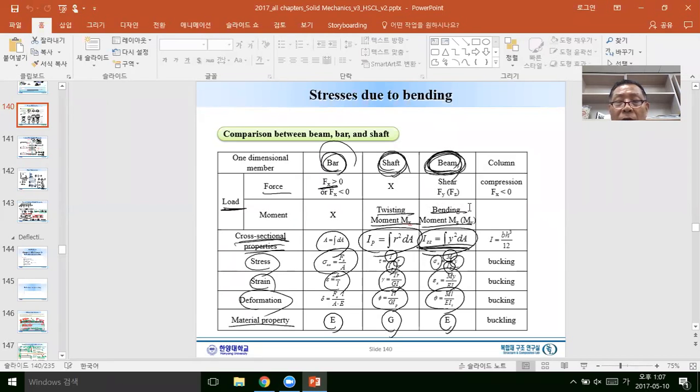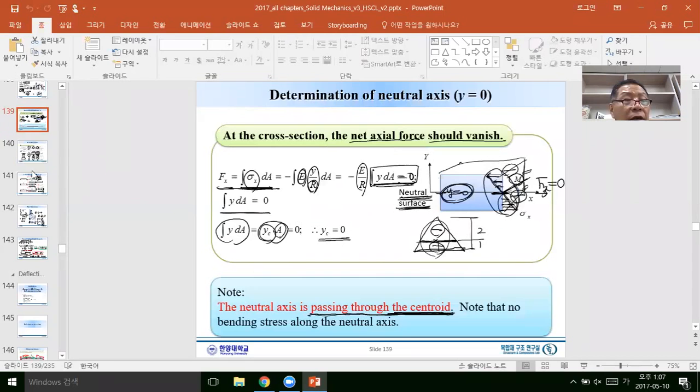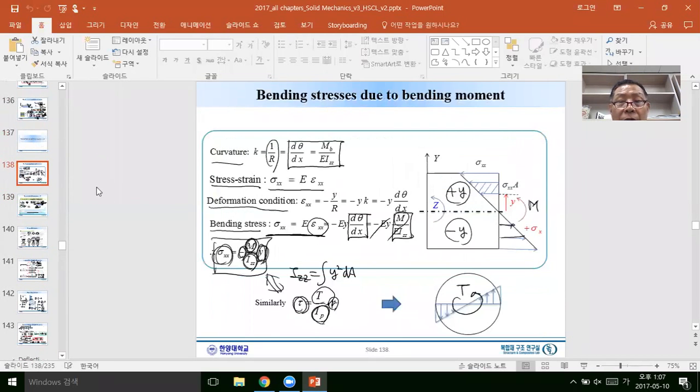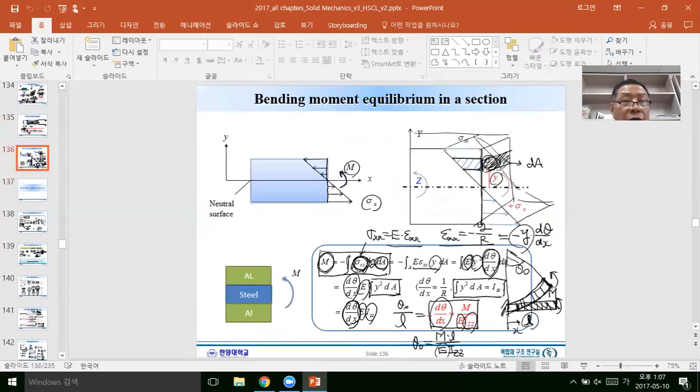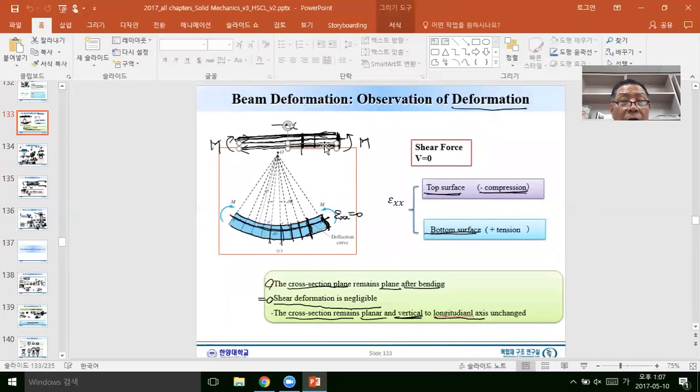Then along the beam, the bending moment will remain constant. So as shown here, we apply a bending moment at the end, then to be in equilibrium, on the left-hand side, this also should be a bending moment, so that the total beam will be in equilibrium. And then at arbitrary sections,